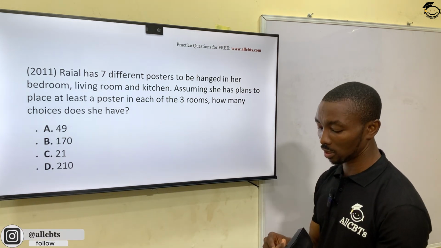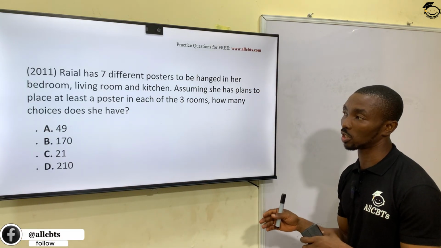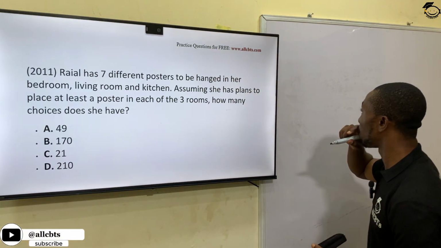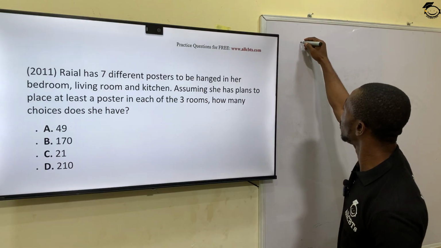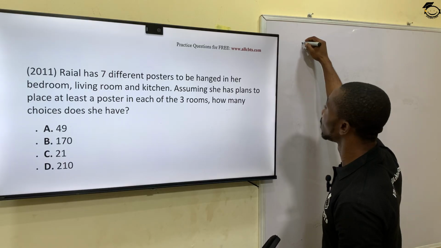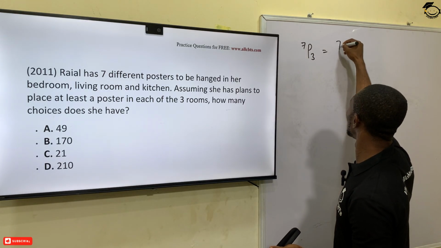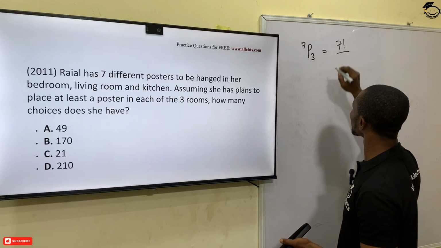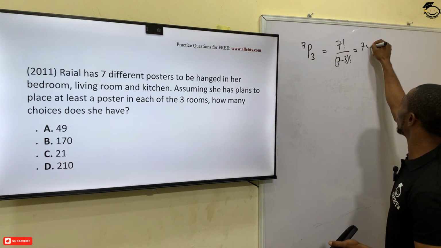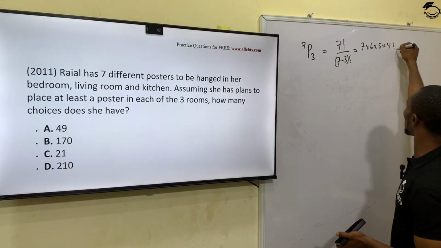Now, looking at this, she has limited number of posters to post since she must place at least 1 in each of the rooms. So here, we'll be doing permutation where it has to be in an ordered manner. So this becomes 7 permutation 3, which gives us 7 factorial over 7 minus 3 factorial, which will be 7 times 6 times 5 times 4 factorial